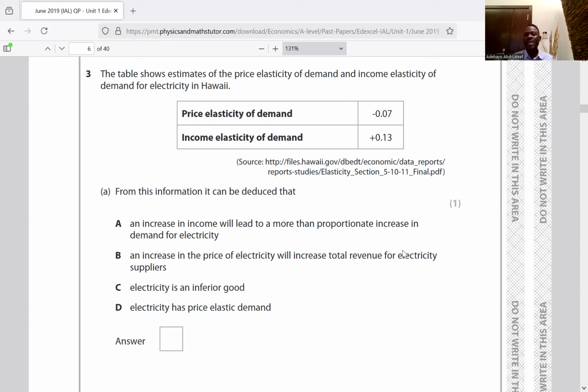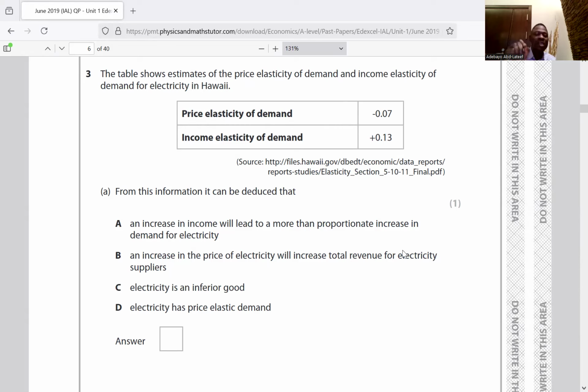PED means an increase in price, because the demand for electricity is inelastic, which is a negative. For elasticity, it doesn't matter if it is negative or positive. So here we are having an inelastic demand, almost perfectly, but it is not perfect. So an inelastic demand here means an increase in price for electricity